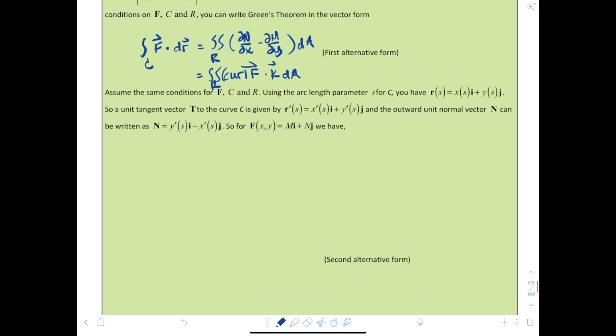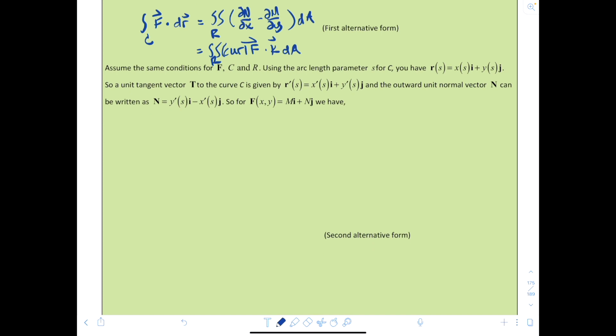Now, assume the same conditions for F, C, and R. If you're using the arc length parameter S for C, you have R at S equals X at S times I plus Y at S times J. So a unit tangent vector T to the curve C is given by R prime at S, which is equal to X prime at S times I plus Y prime at S times J. And that outward unit normal vector N can be written as N equals Y prime at S times I plus X prime at S times J. So for the vector field F of X and Y equal to Mi plus Nj, we have